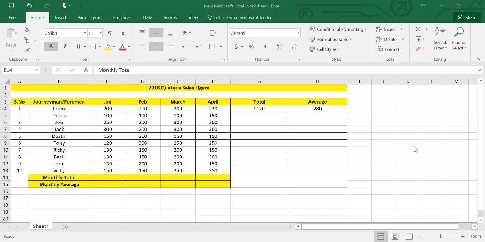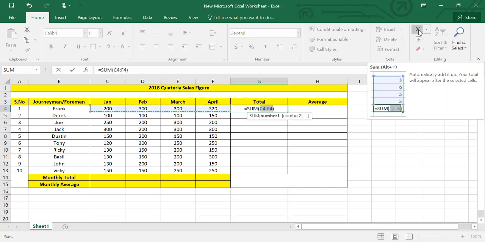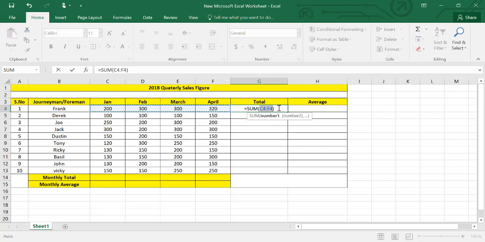Okay, so this was the manual method. What about the options available in this menu bar? So let's cancel this and use the options above. For total, we will use this AutoSum option directly instead of using its drop down. If we see its drop down, there is sum, average, count numbers, max and min, and other options and functions as well. But we can simply place our cell cursor on this cell, select it and then click on this.